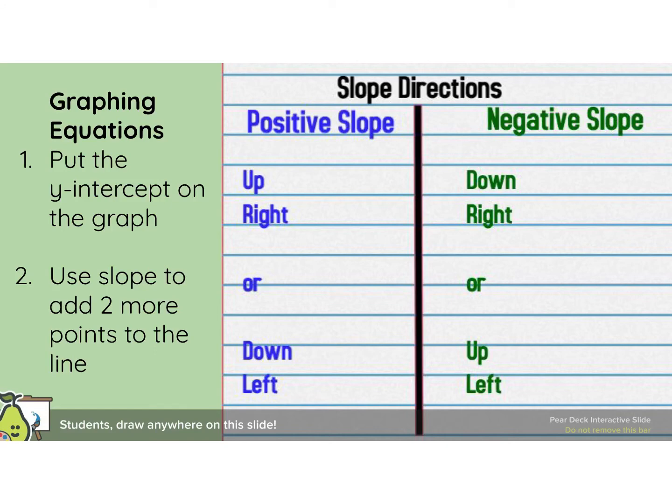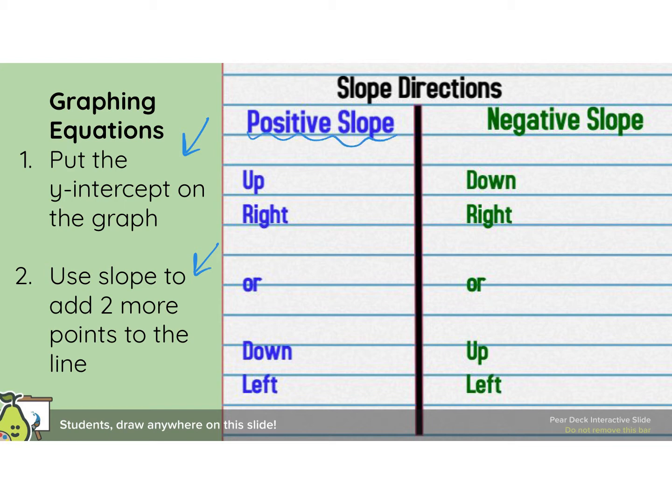All right, so we've just got a review lesson of graphing lines and being able to determine what the equation is by looking at a line. So I've given you the directions. You always start with putting your y-intercept on your graph, then you use your slope, and then here are your